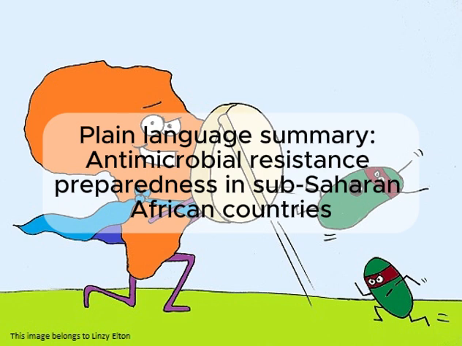So, in conclusion, whilst there is a lot of information and results in the full paper, I've picked out some of the more important points. The fact that the antimicrobial resistance score for sub Saharan Africa compared poorly to the overall joint external evaluation score, along with the fact that the majority of countries lacked a national action plan, suggests that until now, antimicrobial resistance has not been a priority for most countries. There are many reasons for this, of course, such as a focus on more immediate problems, such as outbreaks of deadly diseases, such as Ebola.